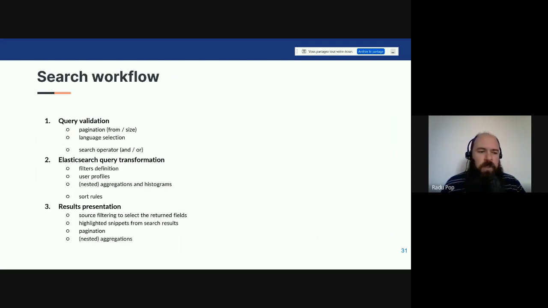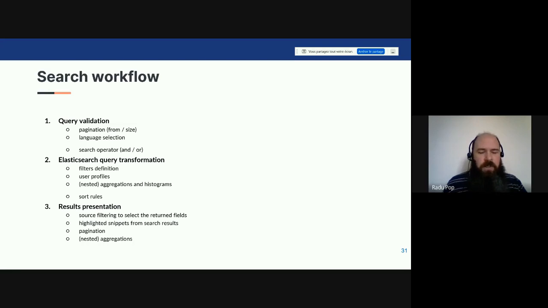The workflow is very simple. It involves a first validation step, where we can select operators to be used, the language to be used in the query, pagination, and so on. The second part is the most complex, which is the query transformation in itself, to generate the Elasticsearch query using the filters, defining the aggregations or nested aggregations, defining different user profiles, and so on.